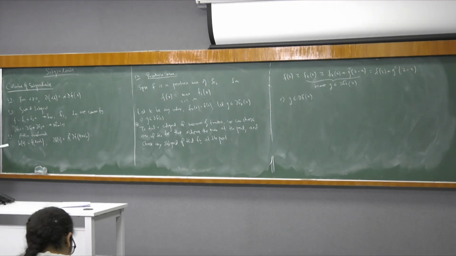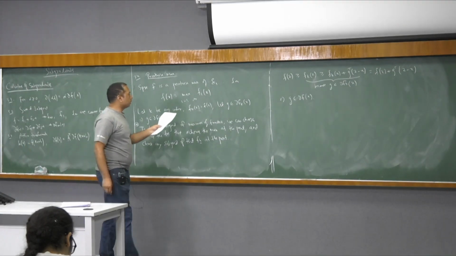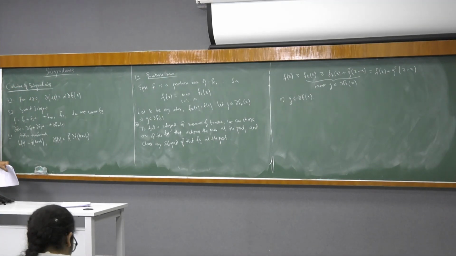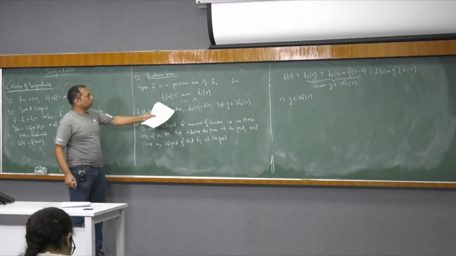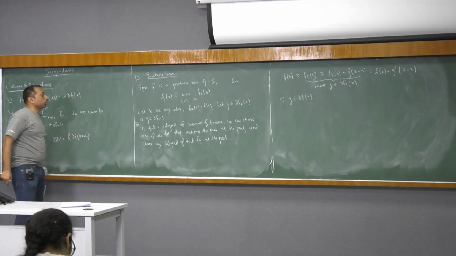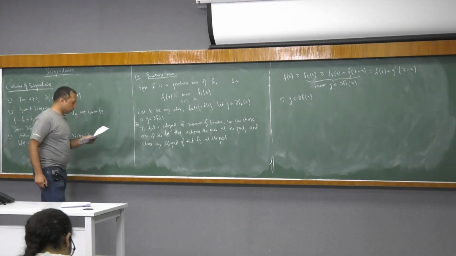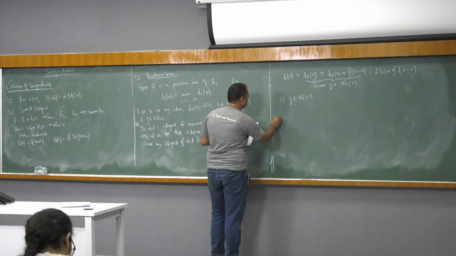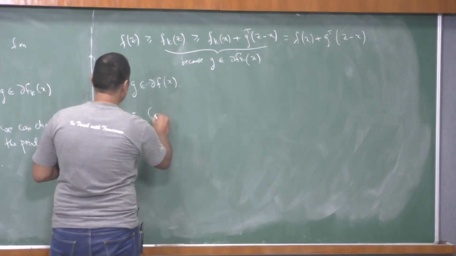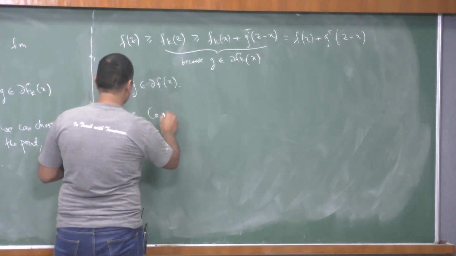And in the last class we also wrote the convex hull thing, right? So essentially if I want to find all possible subgradients of f, in this case I found one, but if I have to find out all possible ones, then I have to take a convex hull. Okay, so if I have to write the subdifferential set, which is a collection of all the subgradients, this is a convex hull of the